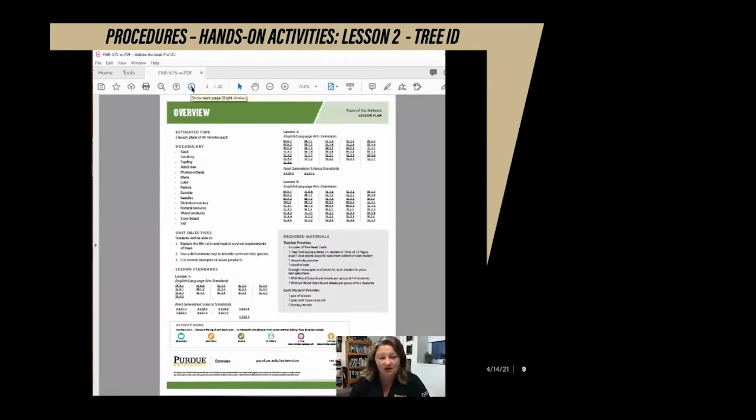So this is an overview of the entire unit, each one of our lessons. So lesson 2 here will be about 45 minutes. Goes through a little bit of the vocabulary terms that the kids will use during this time. Our main unit objectives through this entire thing is the dichotomous key is really where lesson 2 comes to play